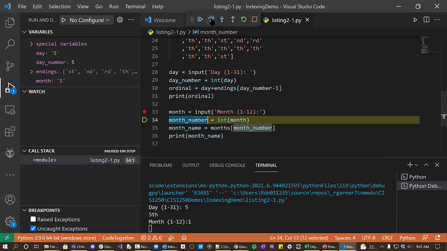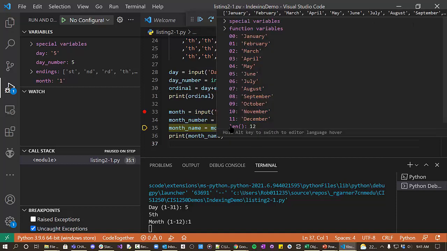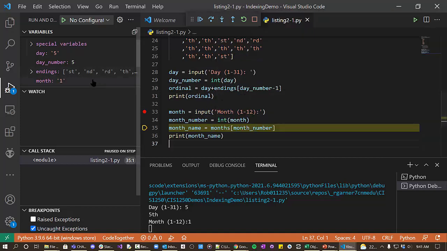So now I'm going to step over 1 more. We can see month number has become 1. So month was the string. You see these quotes around it. That's the string 1. Month number has now been converted to the actual number 1. So now we're passing that number 1 to months. Well, we can see that months, index 0 is January, index 1 is February. So that's the problem, is that, right now month number